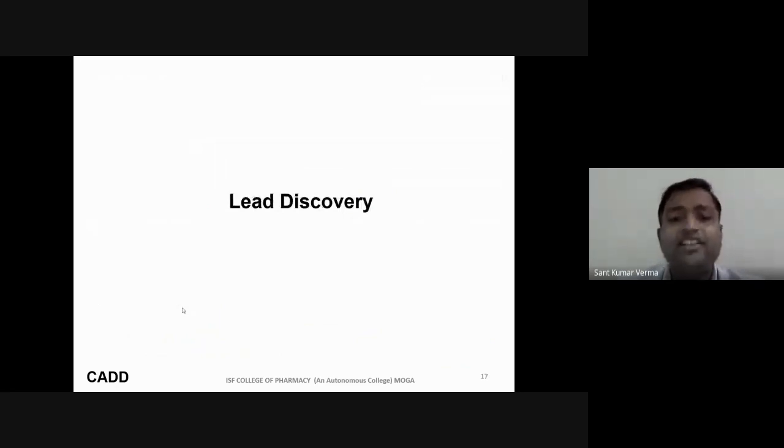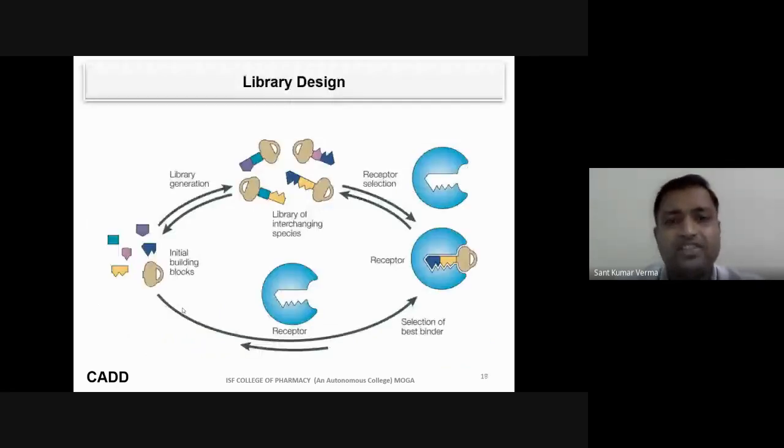The next step is lead discovery. In lead discovery, the first step is the designing of a library. Anyone can design a library based on the structure of fragments which can appropriately bind with the receptor, then combine these fragments and design a molecule. Conversely, we can also identify the ligand on the basis of ligand-target affinity, and select the appropriate ligand on this affinity. So this is the library design approach.